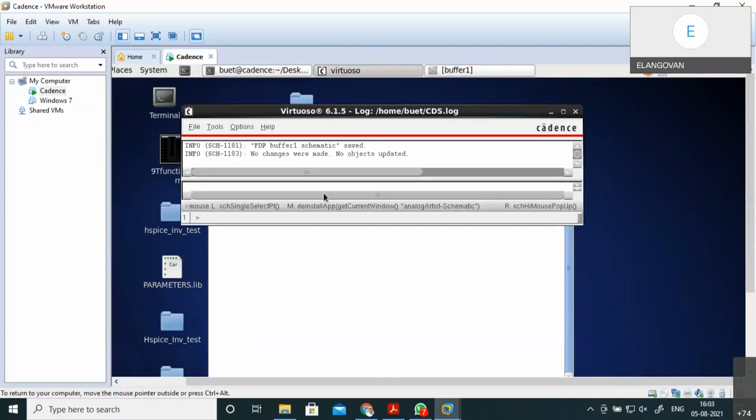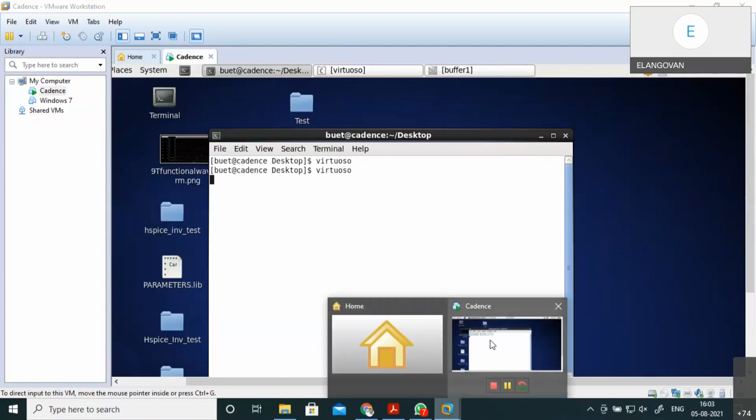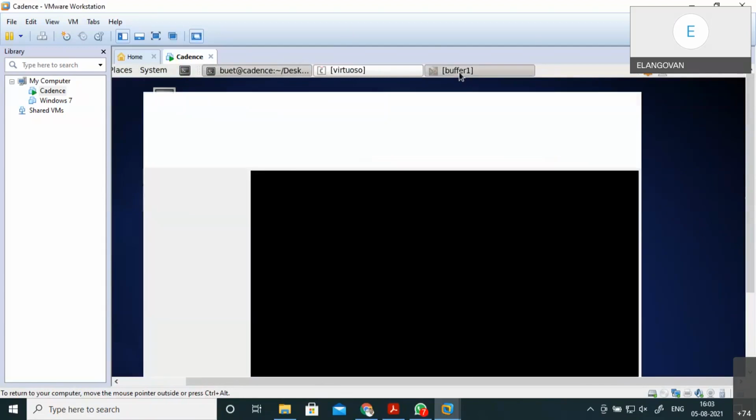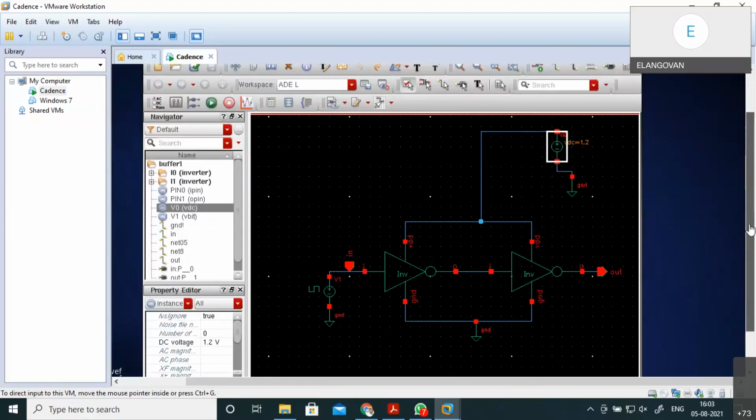No change was made, no objects updated. Otherwise, I'll stop the class here, and tomorrow I'll verify and in the afternoon session I'll explain what the error is.